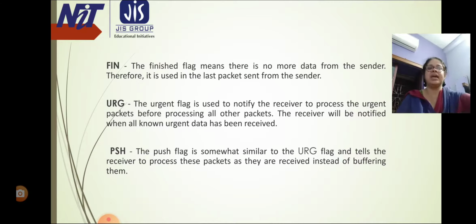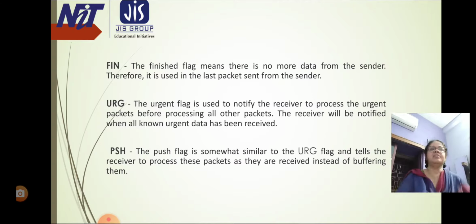Next is FIN. This is the finished flag. The finished flag means that there is no more data from the sender, therefore it is used in the last packet sent from the sender.